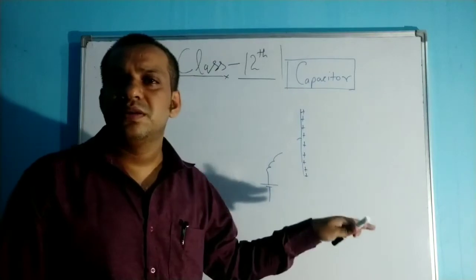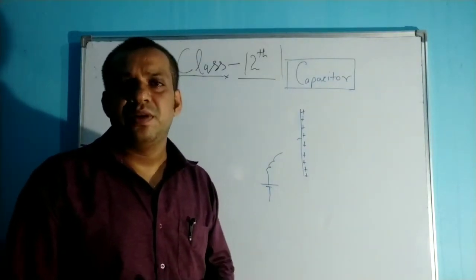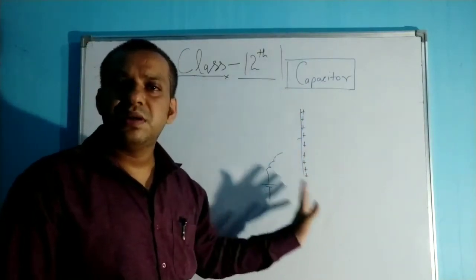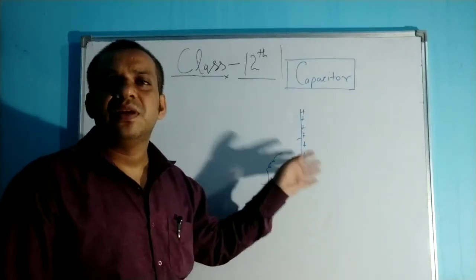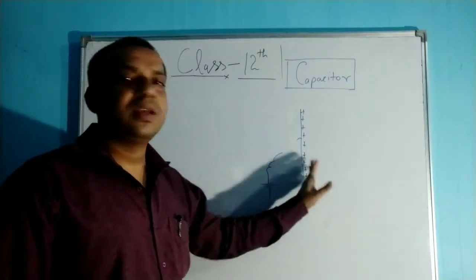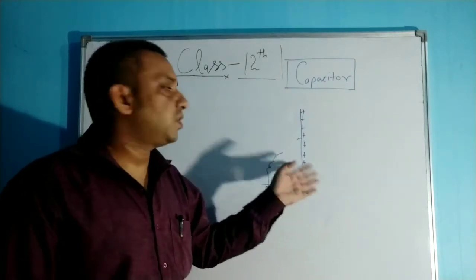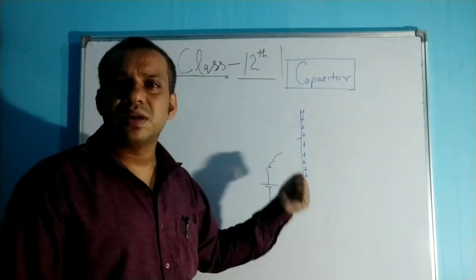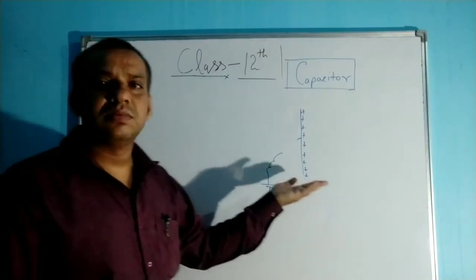Because you know that any kind of insulation is not perfectly ideal. So because of either the environmental discharge or the insulation whatever we are using, that charge will be elapsed after a while. Right? So if we are using this kind of arrangement, that charge will not last long. Right? So how can we store this on this particular conductor? So this arrangement is not suitable for the storage of the charge.